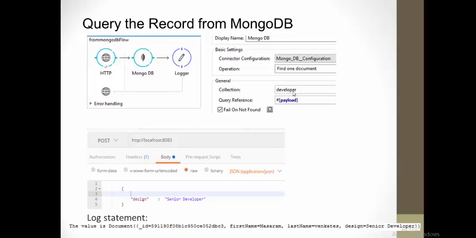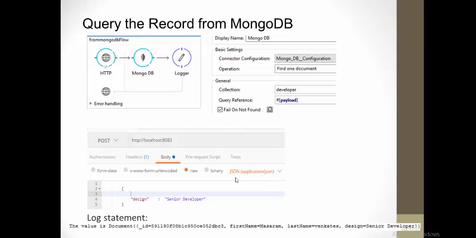This is equal to a table, the developer table, and here I am sending the request: designation is equal to senior developer. Then all the records matching this designation will be retrieved. Here only one record is there, and this is the log statement I configured over here. So this way you can store and retrieve information from MongoDB.